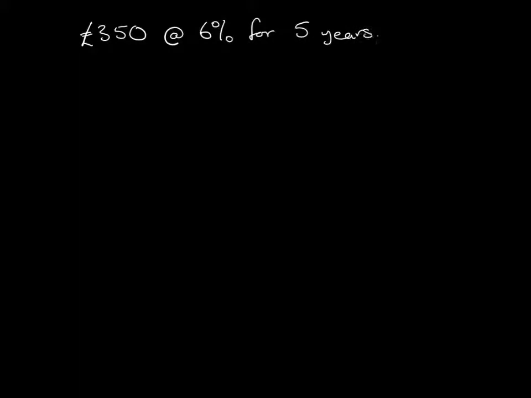Now the main thing is we always start with 100% because that's the value, the amount going into the bank. So it's 100% plus 6%. That basically tells us our multiplier. That's 106%, which works out as a decimal 1.06. So to get the new amount, the whole amount in the account after 5 years at 6% on £350,